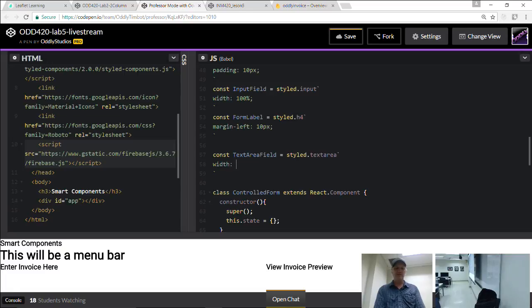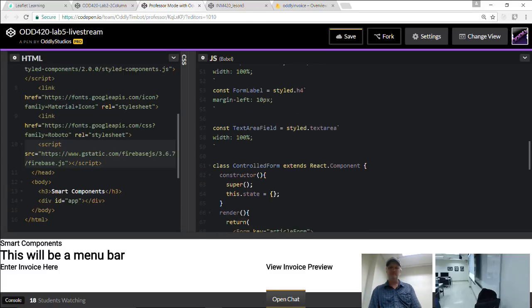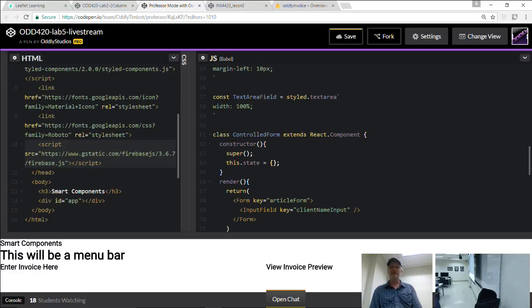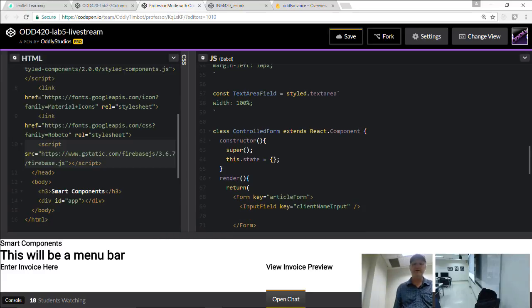And I'll give him a width of 100% as well. And then I'll put him right underneath of that input field here. So that's the text area field. We'll give him a key also, which is like project description maybe?